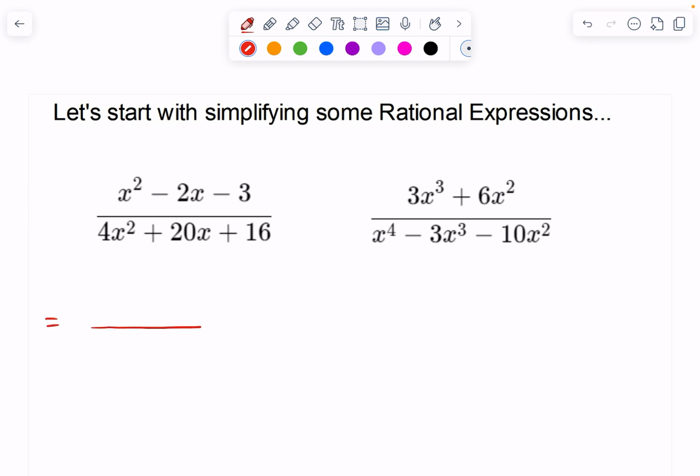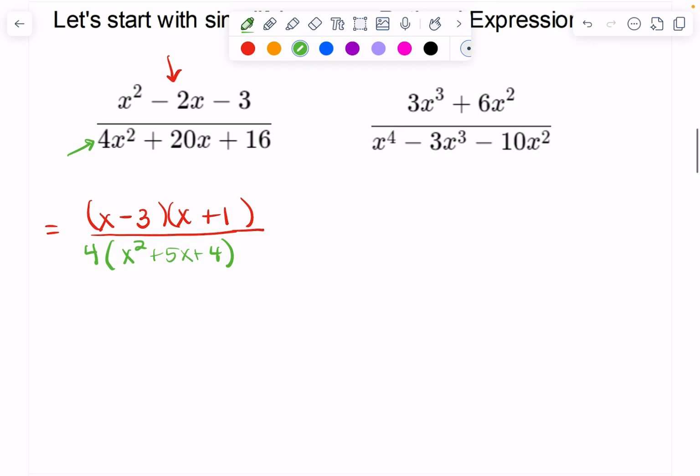So let's go ahead and factor our numerator. We'll do the 2 parentheses because we see in this particular numerator there are no common factors. So we're going to go straight to x and x. I believe a -3 and a +1 will work. And then we go to the denominator, and in this denominator, we begin with taking out a common factor of 4. What's left in parentheses then is x squared plus 5x plus 4,